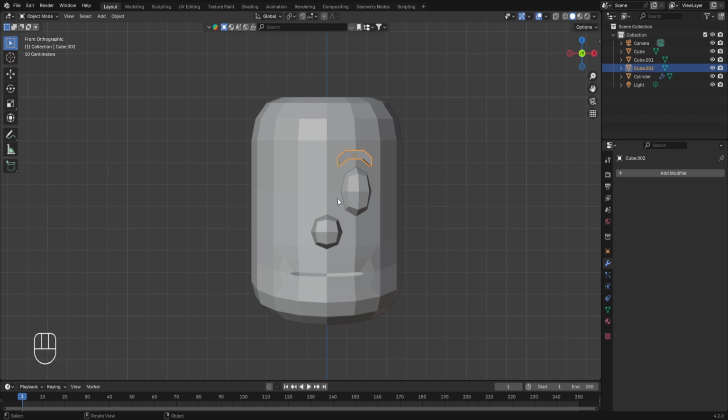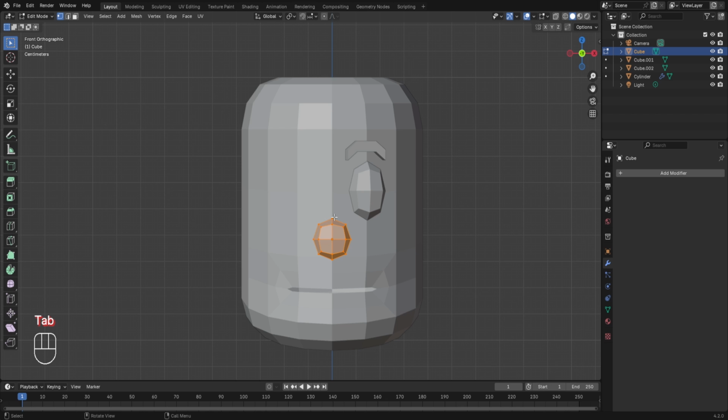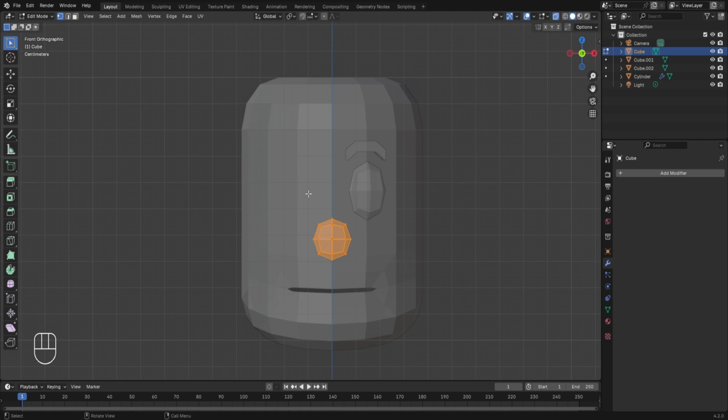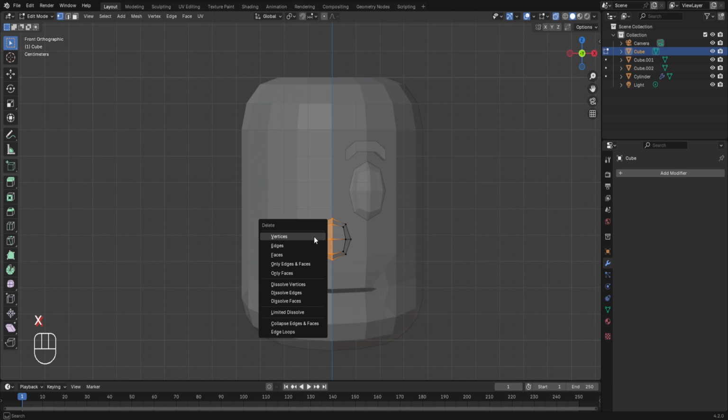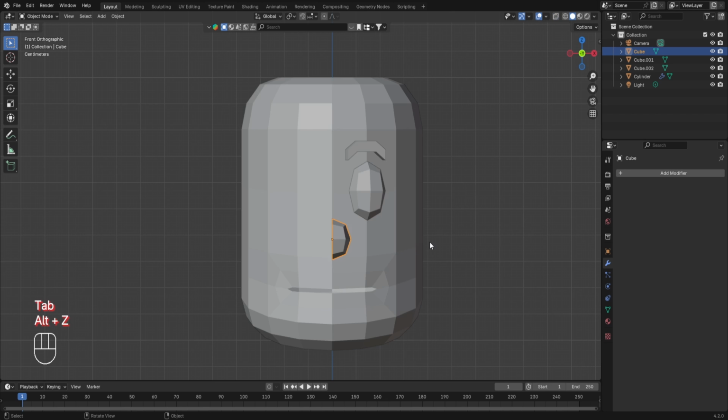And for this, we'll be joining the nose, eyes, the eyebrows, and the head together as a single object. But before that, let's also make this nose cut into half so that we can properly join it with the remaining parts of the face, and then apply the mirror modifier. So let's tab into the edit mode, press Alt plus Z to turn on the X-ray mode. Now select this half of vertices, press X to delete, and select delete faces. Now let's come out of the edit mode, press Alt plus Z to turn off the X-ray mode,